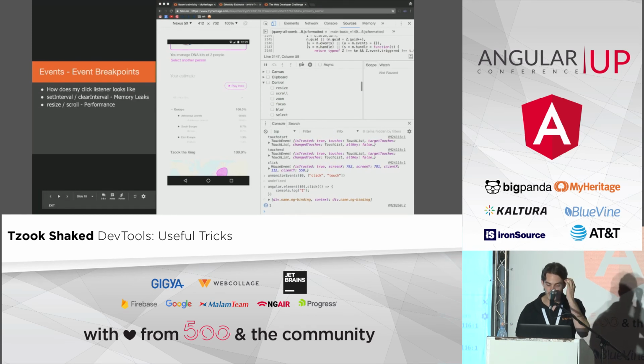So we can even do set interval and clear interval. Let's say somebody, somewhere in the code,